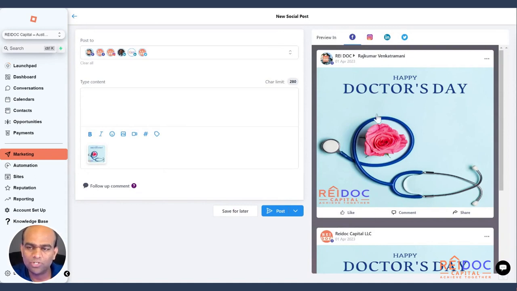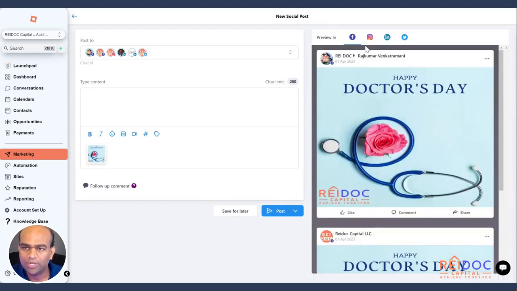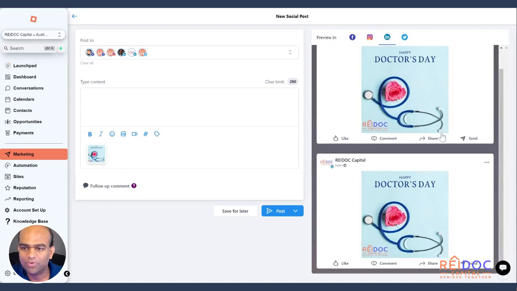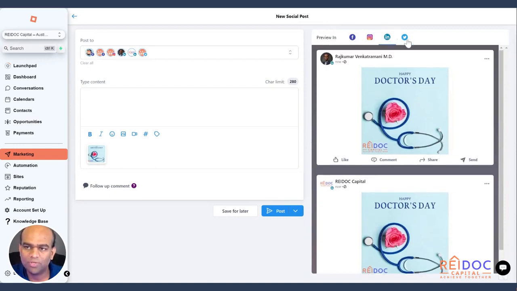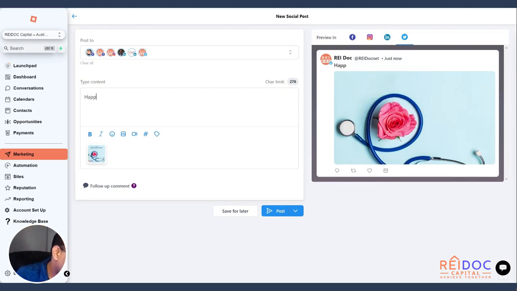And then on the right side, it's going to show you the preview of each of those things. This is Facebook, how it's going to look. And the next one, Instagram, how it's going to look. And then LinkedIn, you can actually check how it's going to look. And then if you want to modify something, you can. And then Twitter, how it's going to look, right? And then you can type whatever you want. Happy